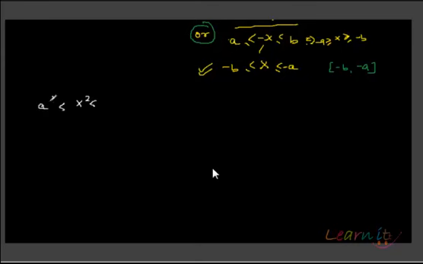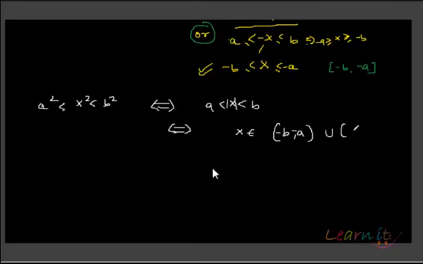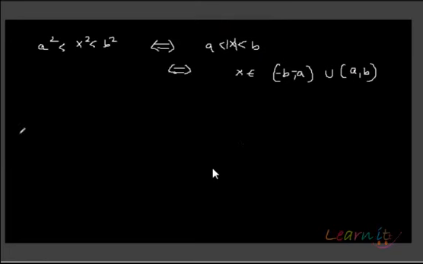Now the next situation we will talk about is the strict inequality. So x squared lies strictly between a square and b square. That means mod x lies strictly between a and b. Now what will that imply? It will be exactly the same, I don't think I need to explain it again, except that your intervals will become open intervals. Why? For the simple reason that it is strict inequality, endpoints will not be included.